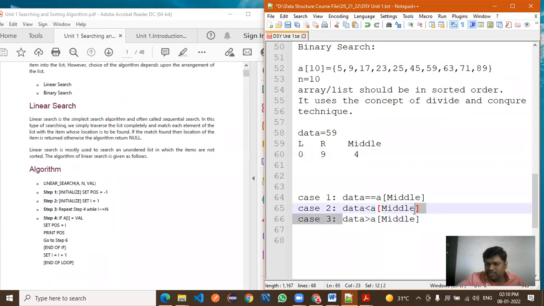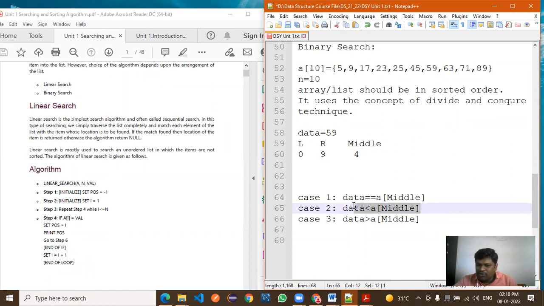This data 59 is greater than middle, so which side will it be on, left side or right side? Right side. So if the condition case number 3 is true, the data is present at the right of the middle.